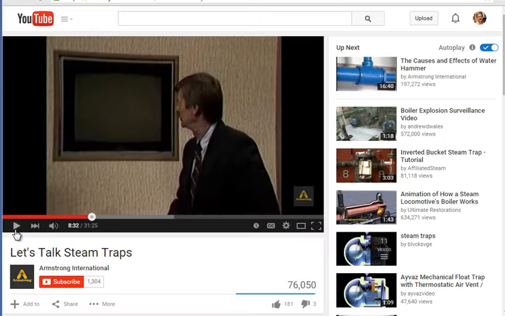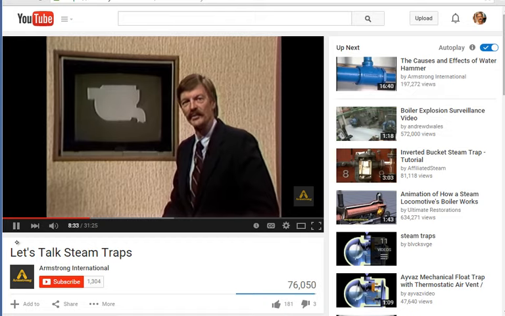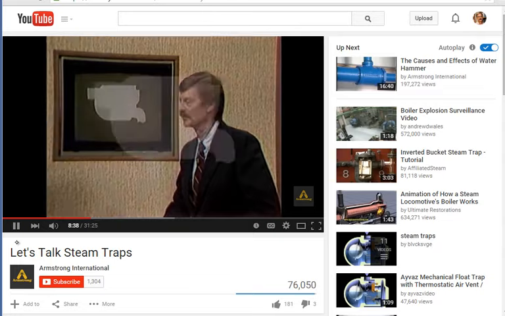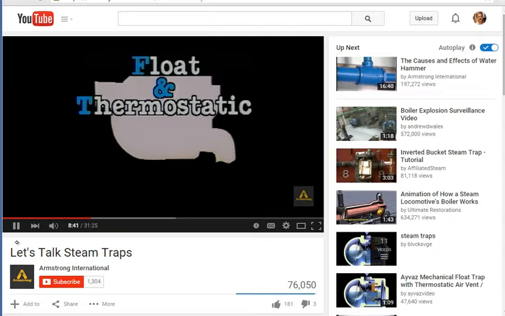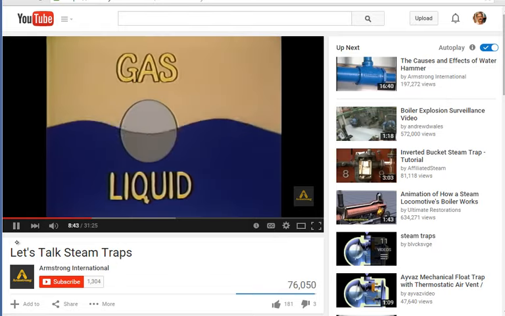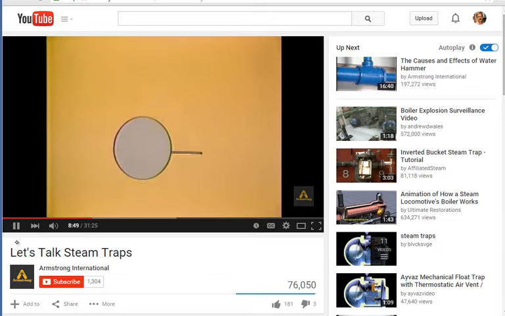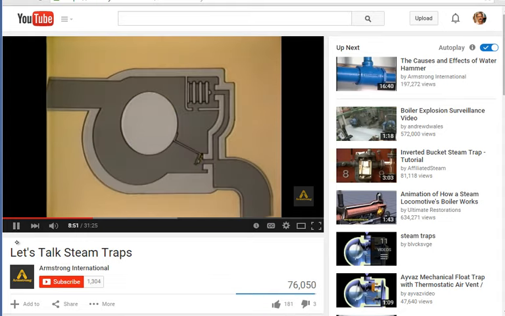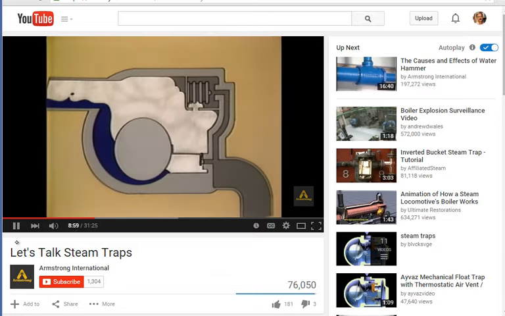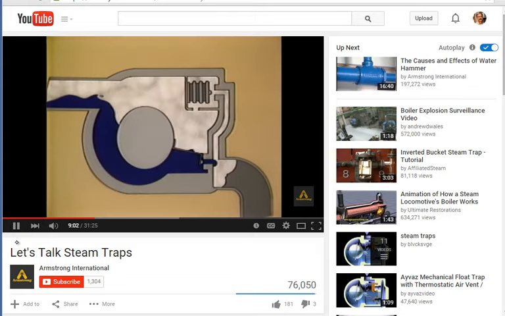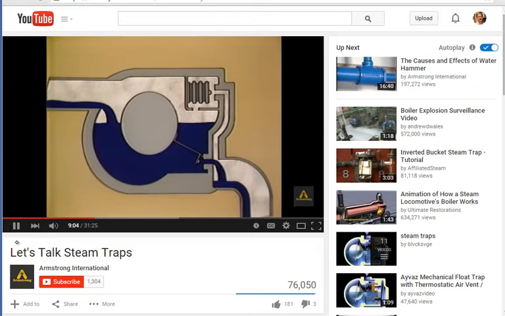Like a little extra pressure boost. Float and thermostatic traps offer a combination of mechanical and thermostatic operation. A closed float is used to sense the density difference between a gas and a liquid. The float is attached to one end of a lever which pivots inside the trap. At the opposite end of this lever is a valve that is seated when the float is at rest. Condensate enters through the inlet near the top of the trap and raises the float, opening the valve. The condensate drains from the trap through the outlet near the bottom, leaving a condensate seal between the inlet and